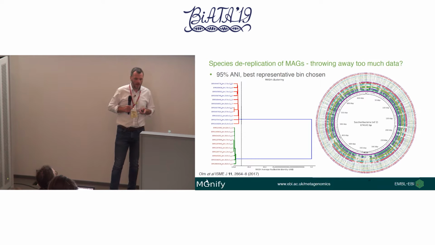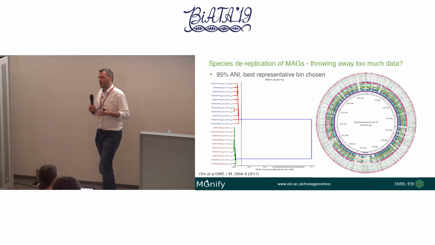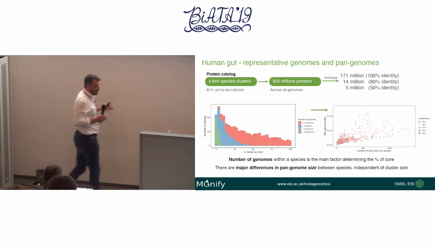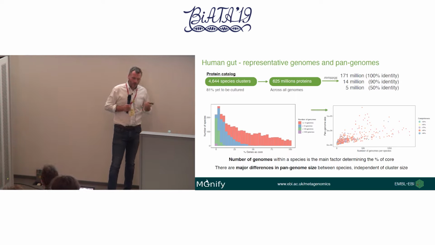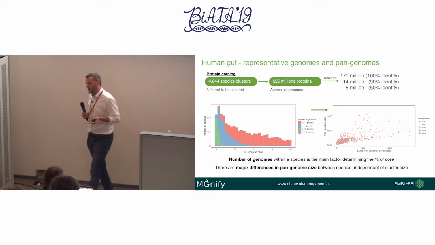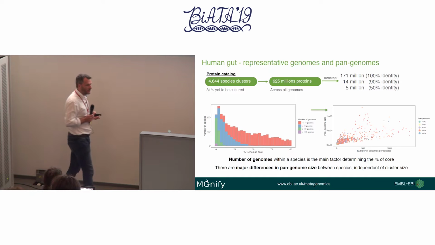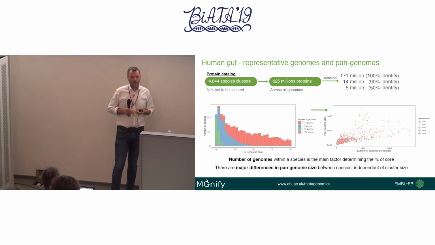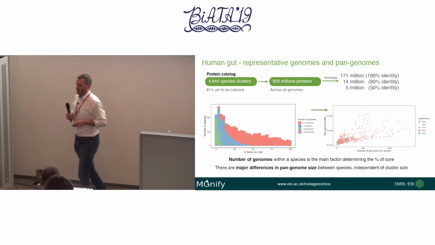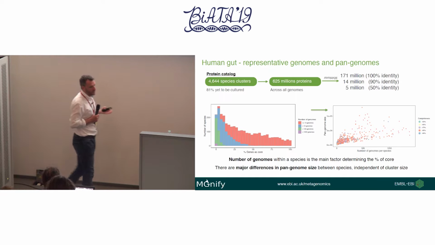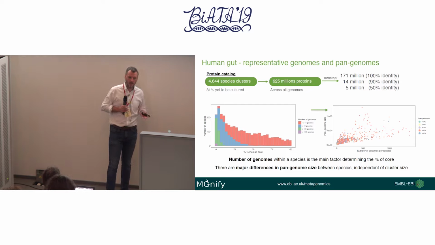To try and encapsulate that, what we started doing is taking this combined set and looking at the pan-genomes of those. If we take these 4,644 clusters, and take all of the MAGs and all of the isolates and look at the novelty of those, that's 625 million proteins. Just to put that into perspective, UniProt is about 150 million proteins. But there's huge amounts of redundancy in there. So we can cluster those at 100% identity, and that's 171 million sequences. Then at the 90% level, 14 million sequences, and 50% is 5 million sequences.